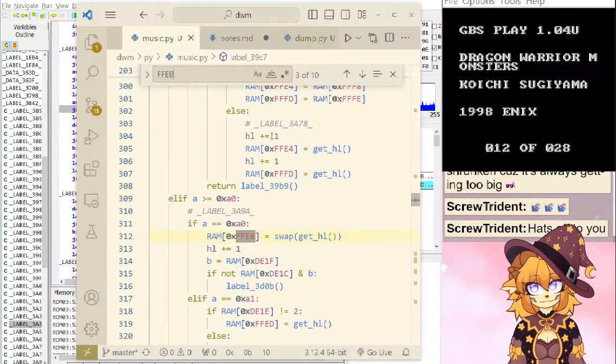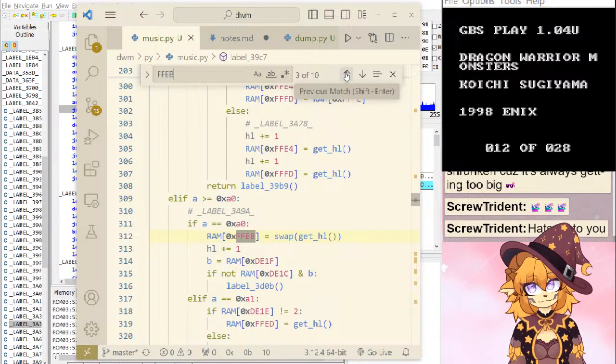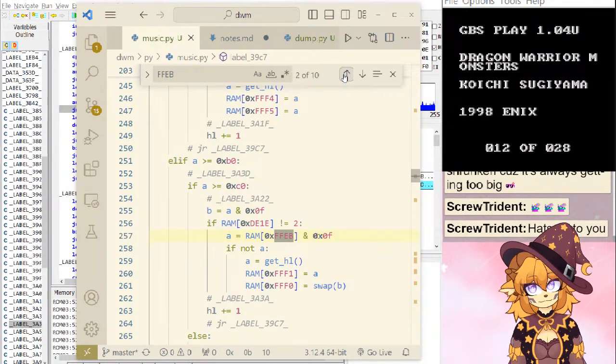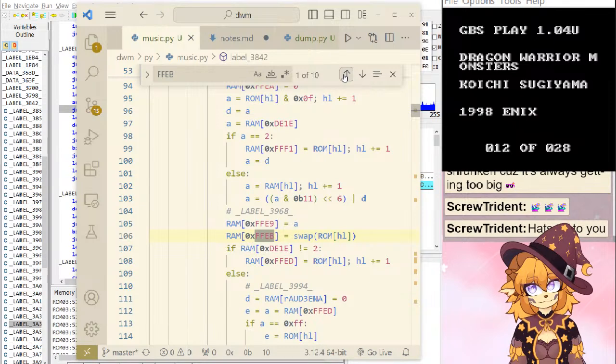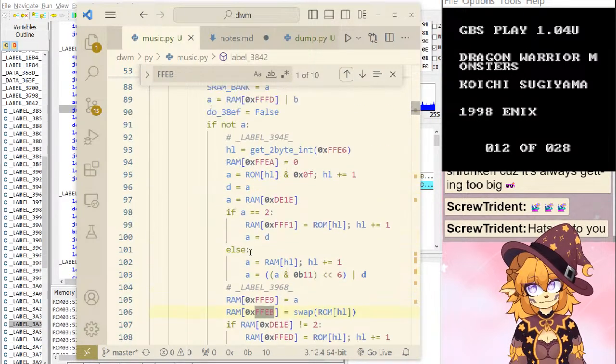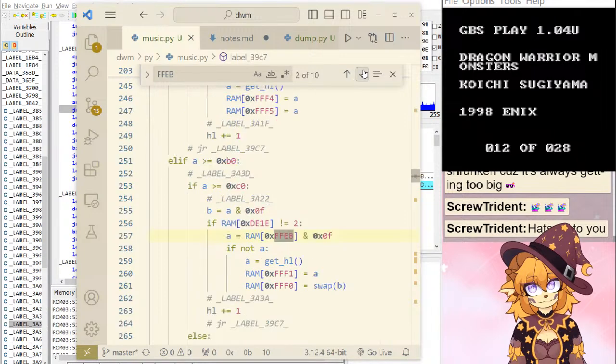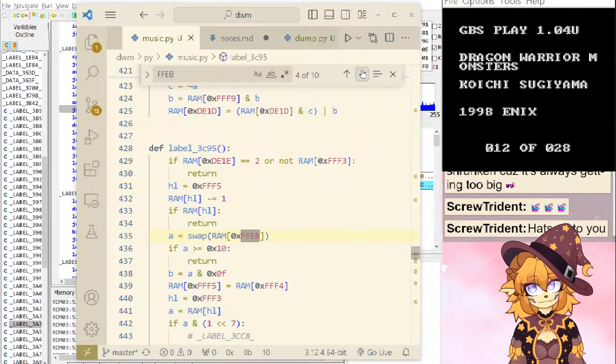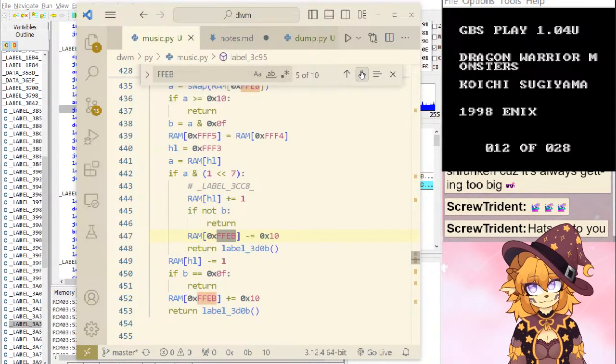What are the other uses? There's an assignment there. This is probably the volume envelope assignment. Looks familiar.